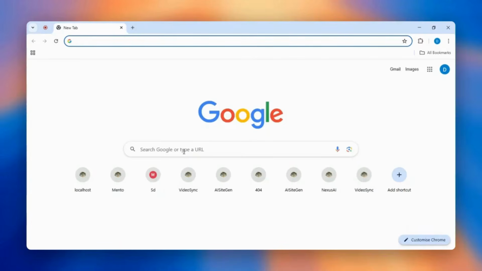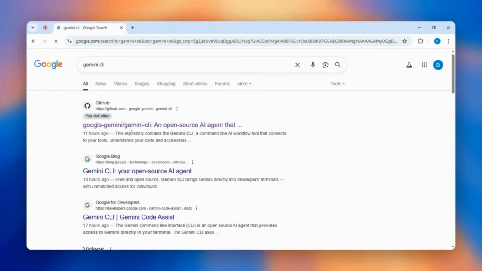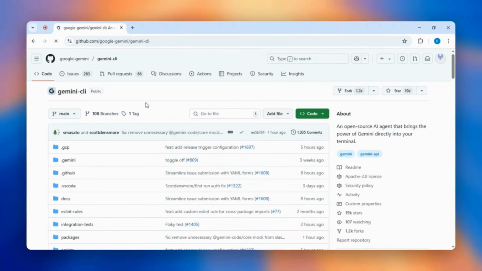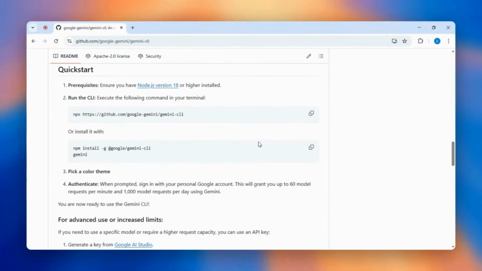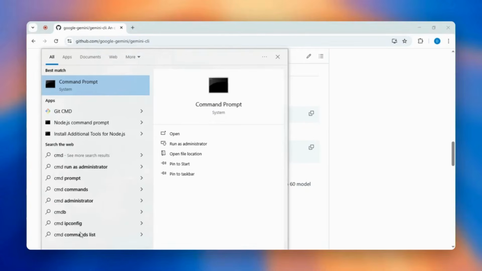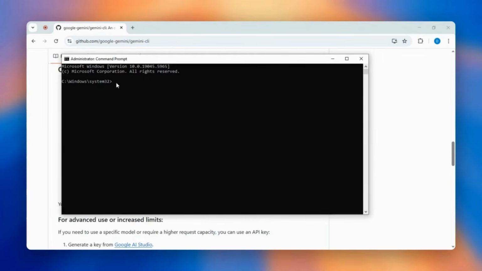Okay, so first search for Gemini CLI, then click on this first link. It will take you to this Google Gemini CLI repository. Just scroll down and then just copy this command and run your CMD as an administrator, and then just paste